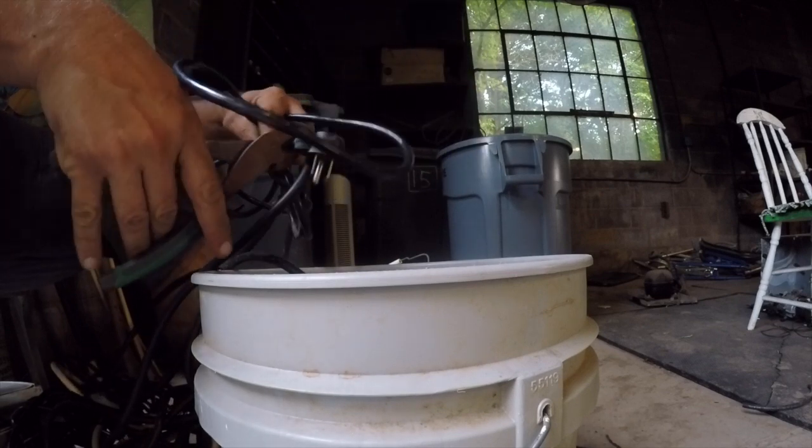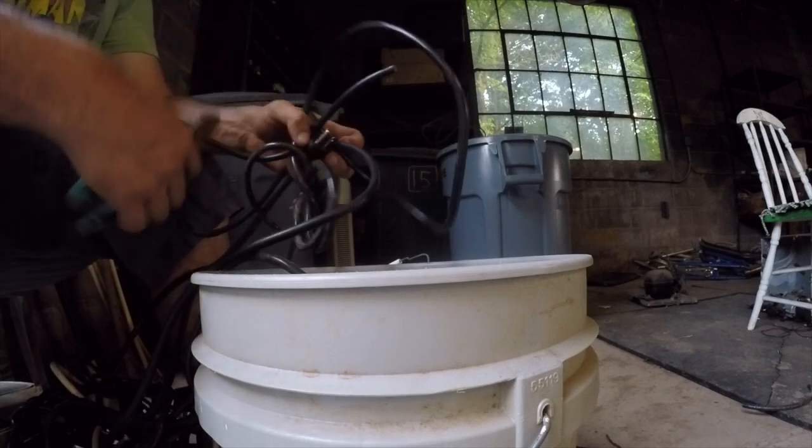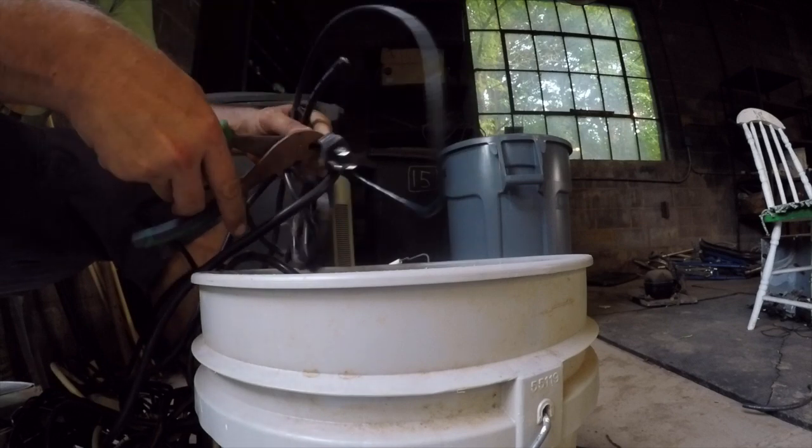Still haven't decided what I'm going to do with all these plugs. Have to try to